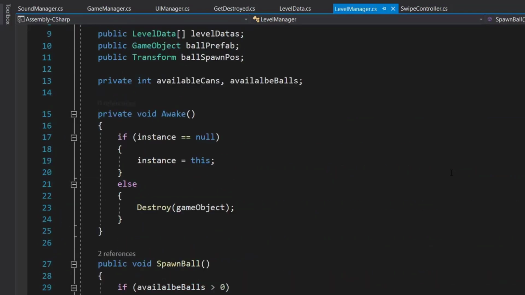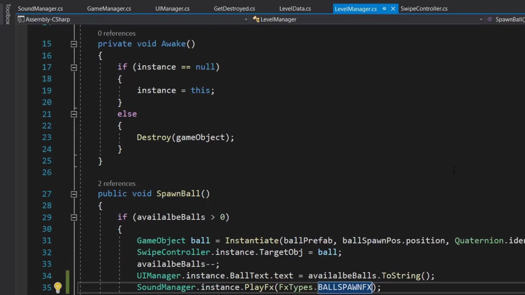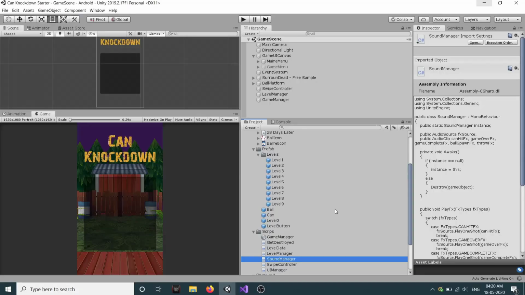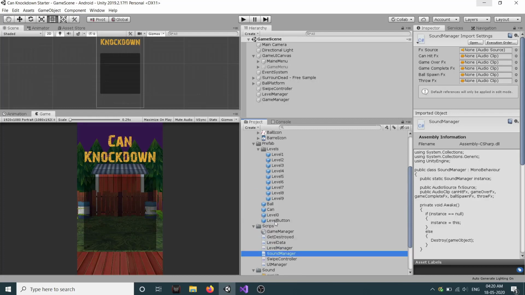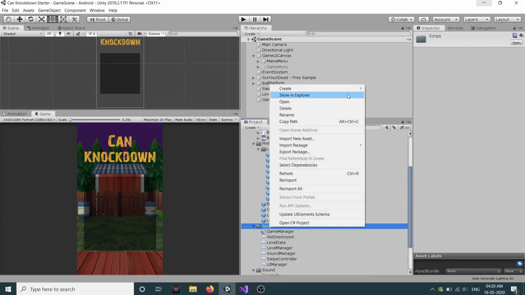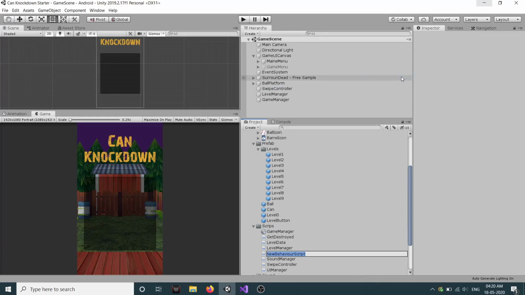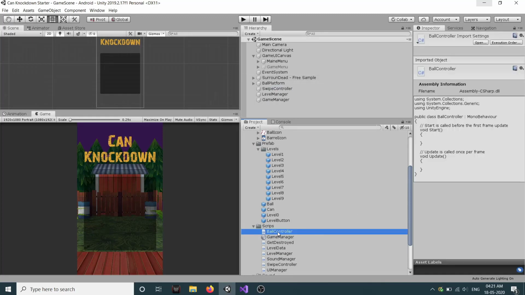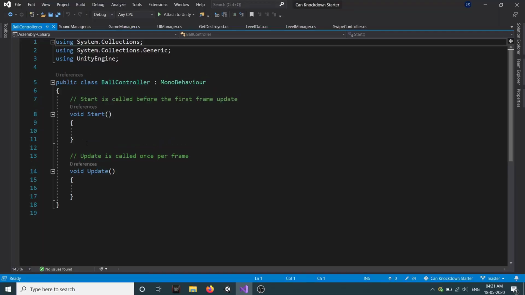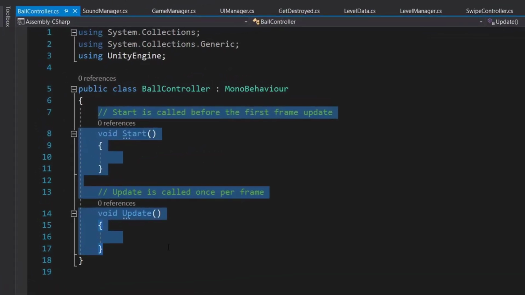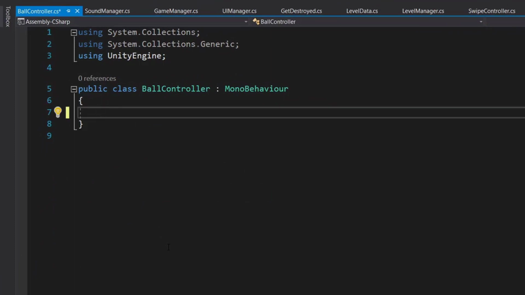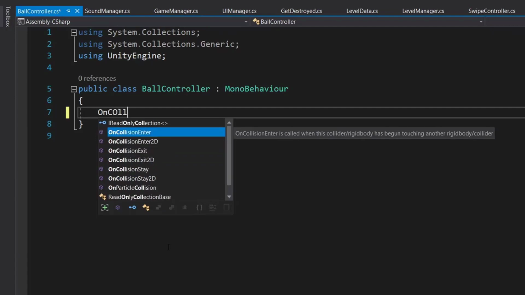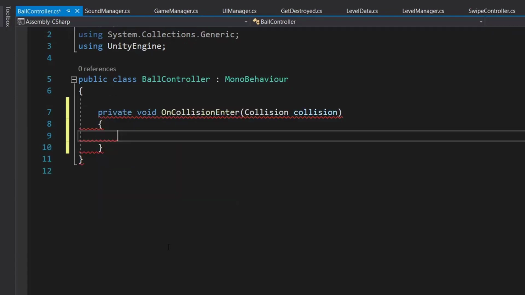And we also need something to detect our can hit. So let's go to our editor, and inside our editor, let's right click and create a C# script, and let's call this ball controller. Let's double click on it to open it in editor. We don't need our start and update method, so we can remove them. And we need here on collision, so just type on collision, and press enter, and you can see